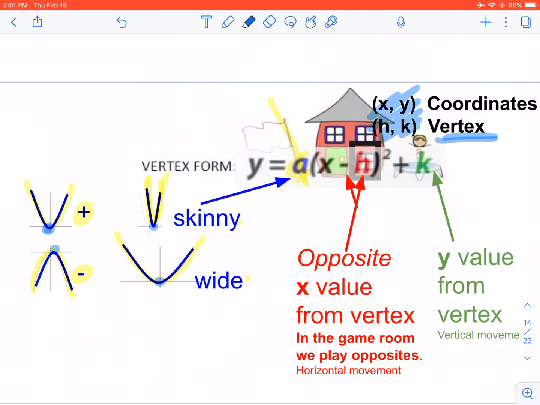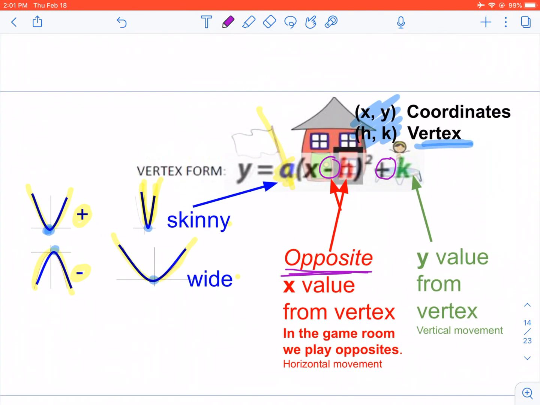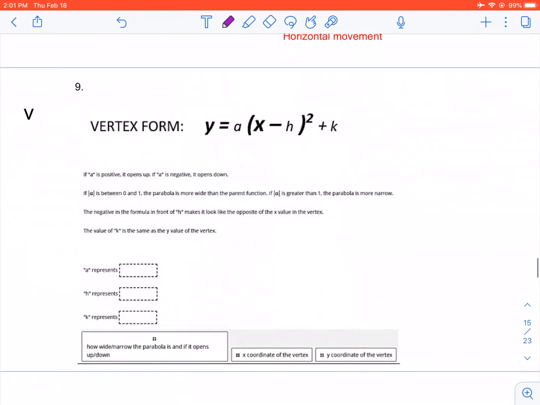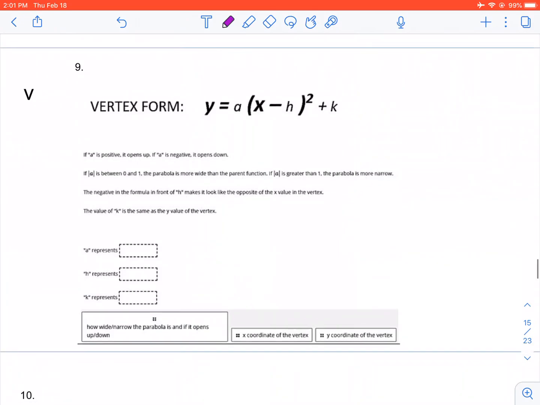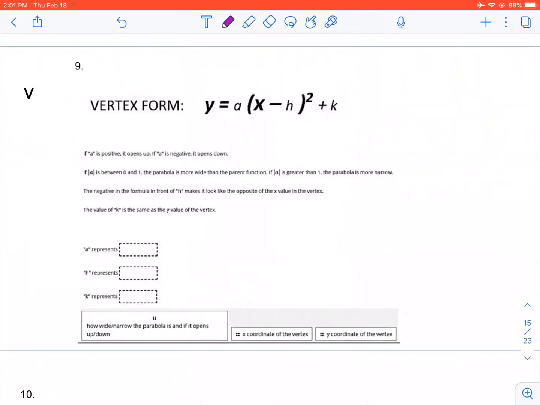The h value is very interesting because it looks like the opposite because of this negative sign. And then because there's a plus sign here, this one looks like it's going to be the same. So the best way that we can get into this is we can actually just start on number 9. Okay, and number 9 goes over what we just talked about, and there are some notes written here